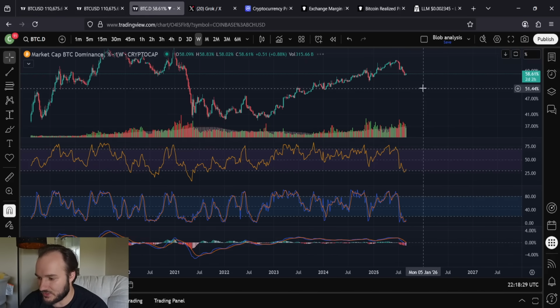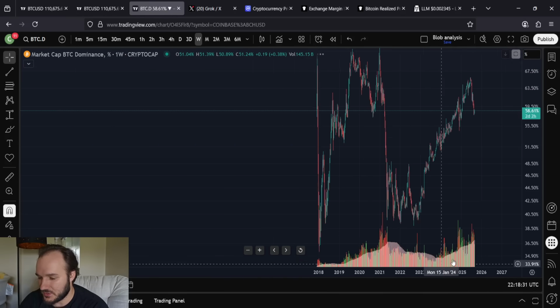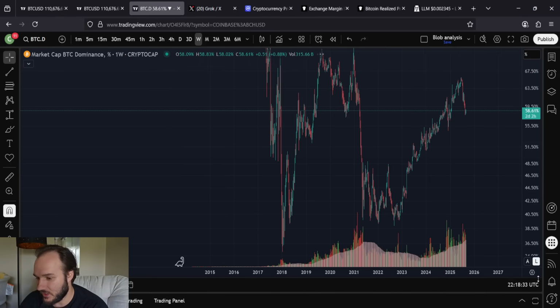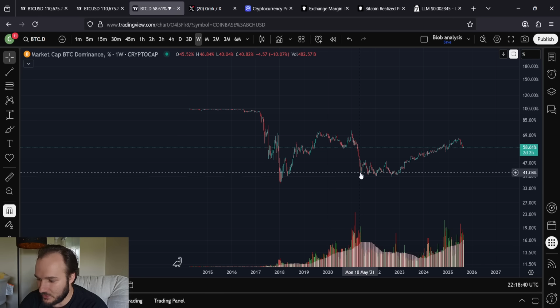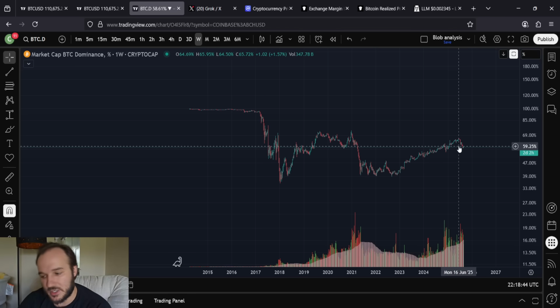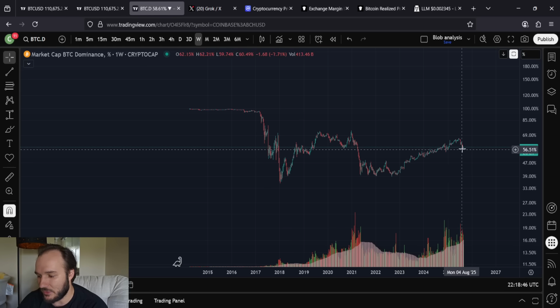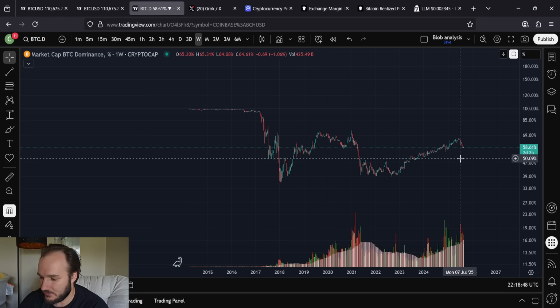We look at the Bitcoin dominance here, you guys, and every single cycle that we've had, since this dominance chart existed at least, we have seen the dominance get below 40%, right? Does that mean that we're going to get below 40% now? No, but here we are at 58%. It's pretty damn far away, right? I doubt that the bull market's over here, or yeah, it's definitely not over here. Maybe at least below 50%, right?